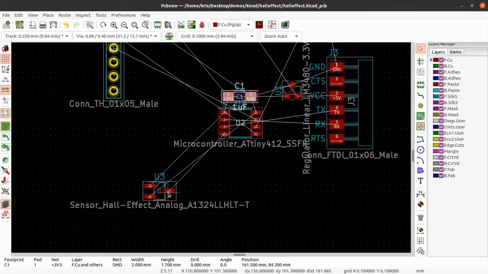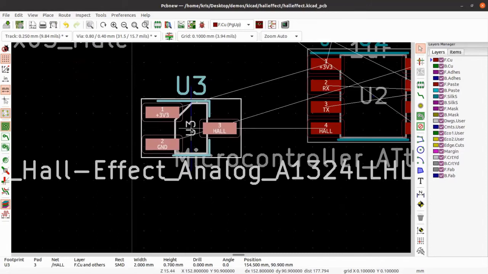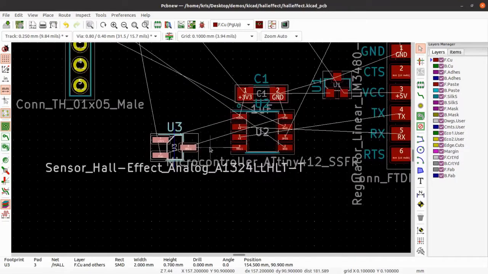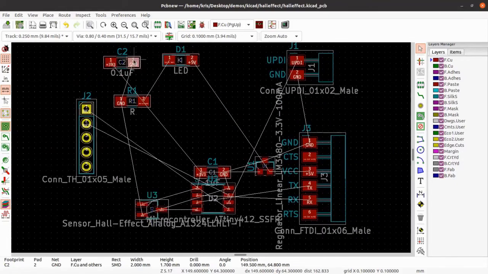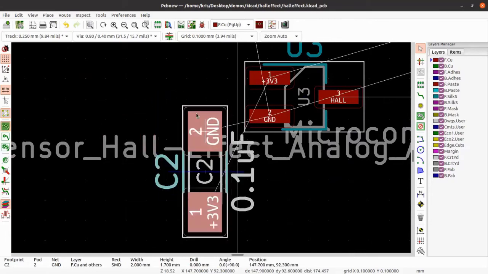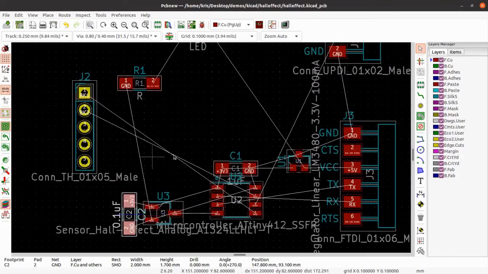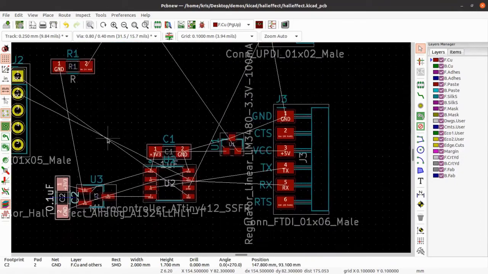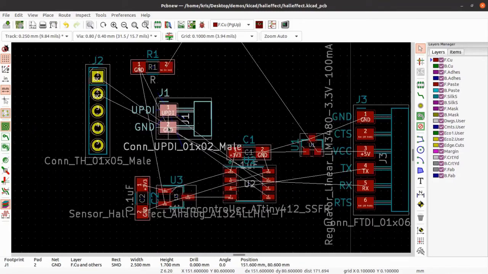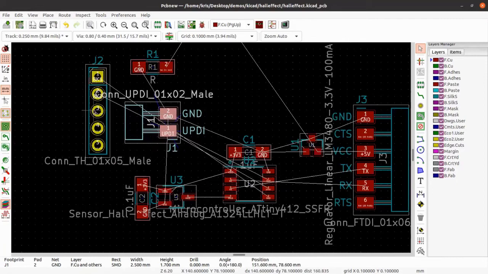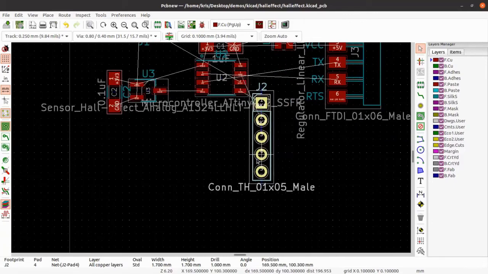And then as for the sensor, I'm going to try to put it as close as possible to the pin which is going to read that sensor. It also needs a bypass capacitor, which is this. And we're going to try to put it as close as possible to the sensor over here. And the rest of it is the UPDI connector, which I'm just going to put on the other side somewhere here. And then the breakout pins, I'm going to try to put somewhere